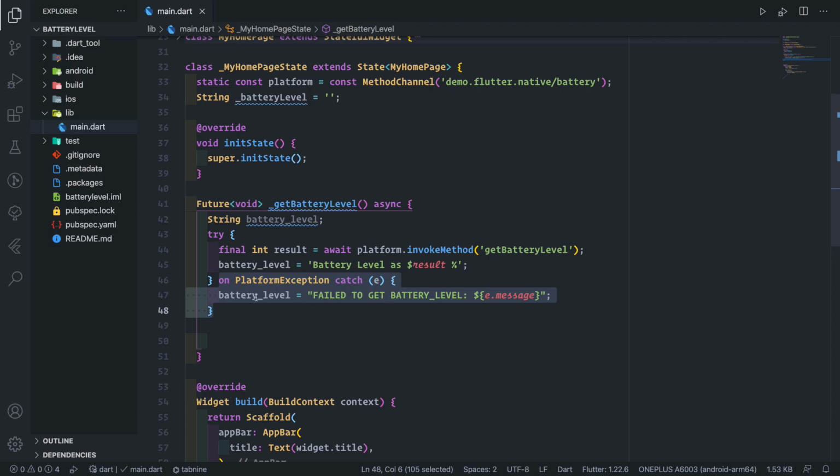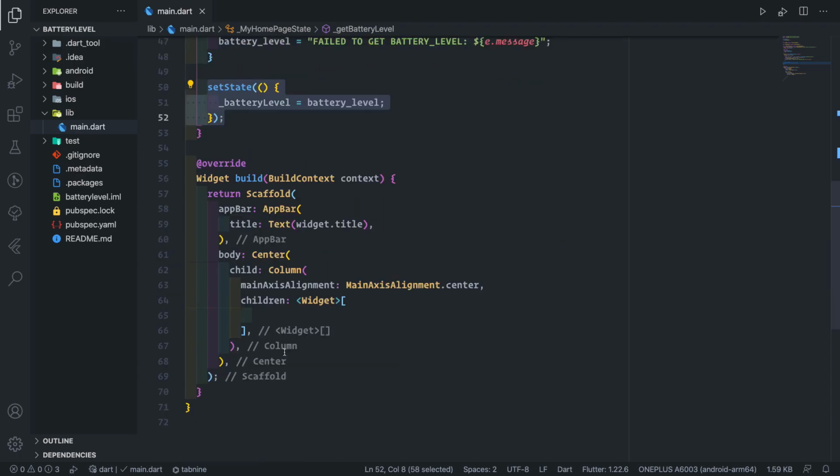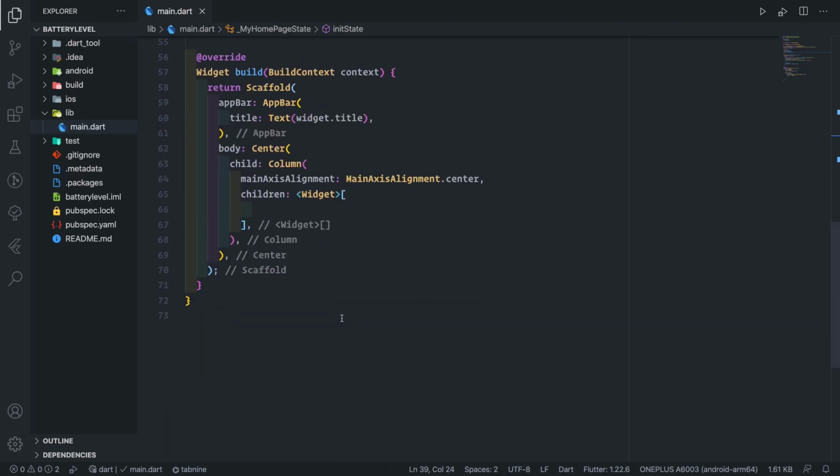Then we assign it to the battery level, or you can assign it to the error message or something like this, and then we get the error message inside the string literal. Now in the end, we will just say set state to the battery level as we see here. Now on the UI side, we just go inside the